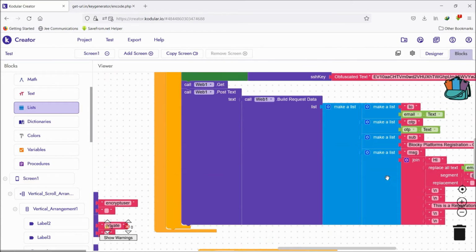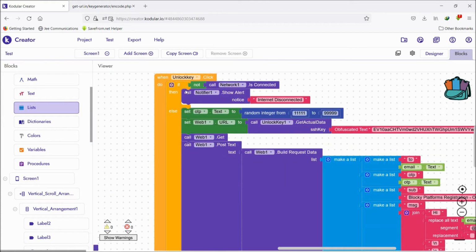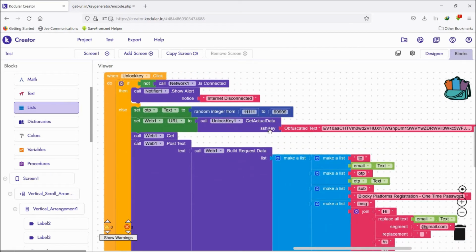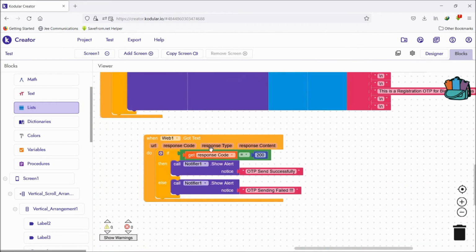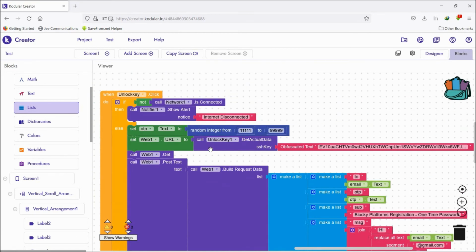So this is how we are going to send an OTP using this Unlock Key extension. Don't forget to add this obfuscated text and generate a key phrase here, so it will be an encoded key. So this is how the Unlock Key extension works.